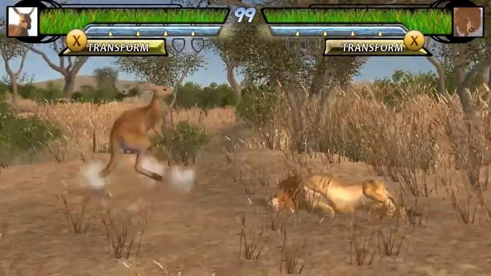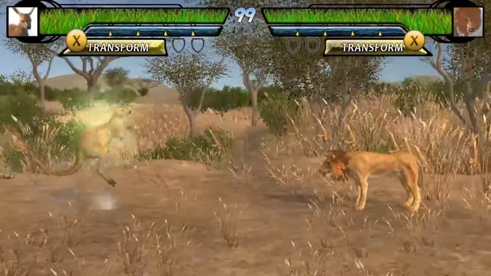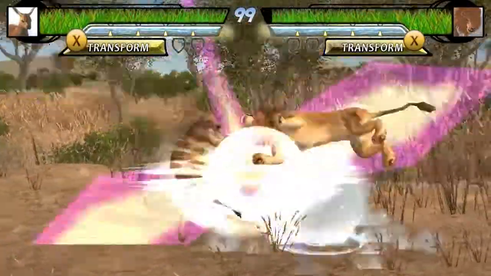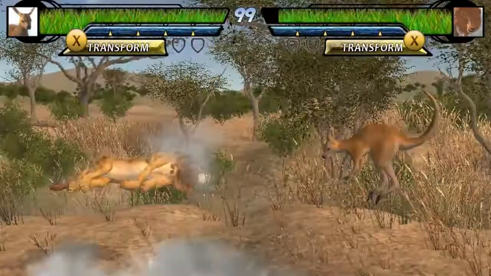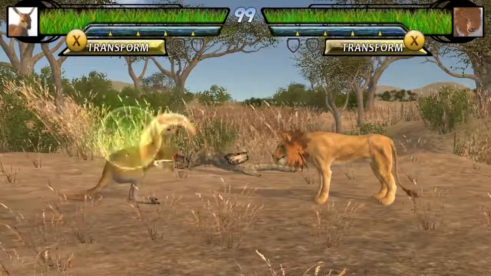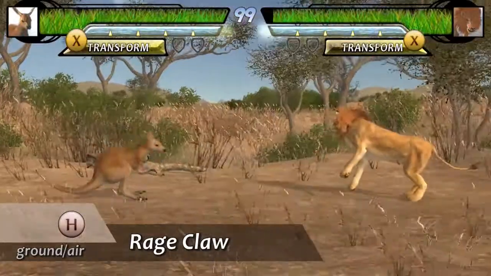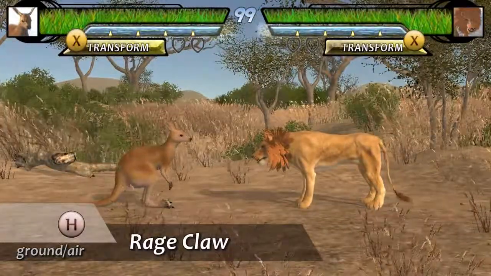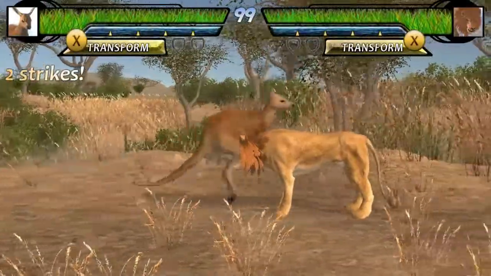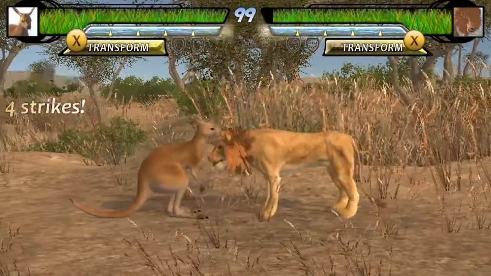Now even if you miss that up light connection, you still have the opportunity to use your up heavy, which is your aerial grab, and that is a great way to just rack up the damage on your opponent. Now be careful with the neutral heavy. It's one of Kangaroo's fastest attacks, so it comes out quite good as a defense. Many of Kangaroo's attacks have quite a bit of wind-up time, but the neutral heavy is great in that it comes out almost instantly. It hits a couple times,